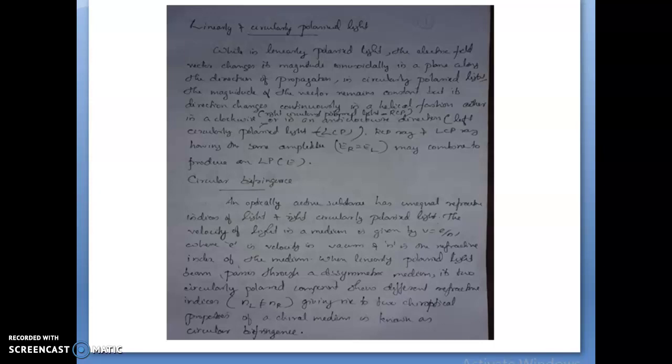Okay, then the second one. This polarized light is found to be circular in nature and its plane is continuously rotating across the resultant plane of polarization. Another interesting thing is that circularly polarized light also has electrical and magnetic components. One is right circularly polarized and the other is left circularly polarized.